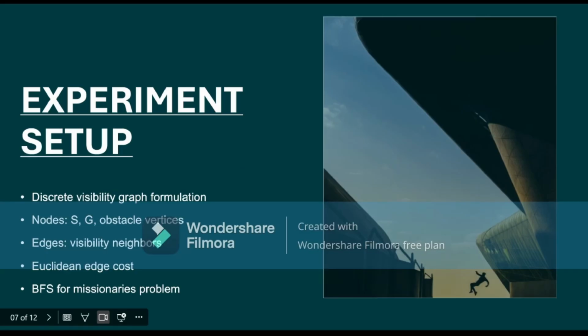For the obstacle problem, we did not use the continuous state space directly since it is uncountably infinite. Instead, we restricted the problem to a finite visibility graph where the nodes are the start point, the goal point, and the vertices of the obstacles. The successor function is defined using visibility neighbors, meaning we connect two nodes if the straight line segment between them does not intersect any obstacle. The path cost is defined as the Euclidean distance between nodes,